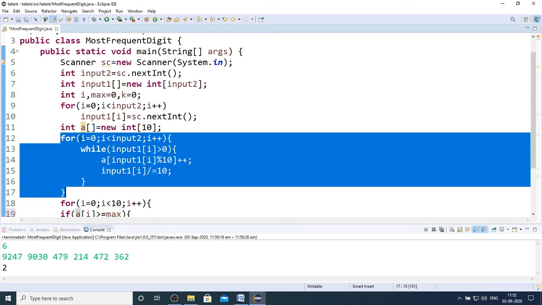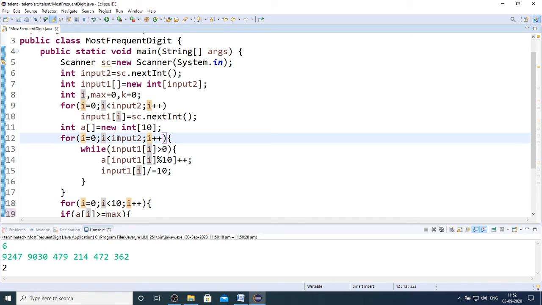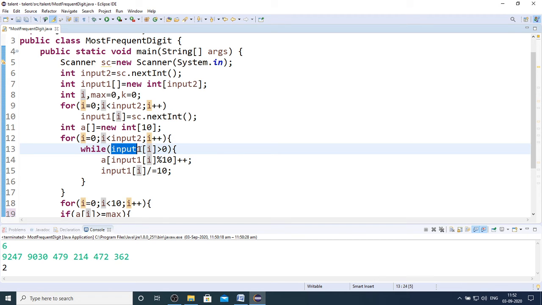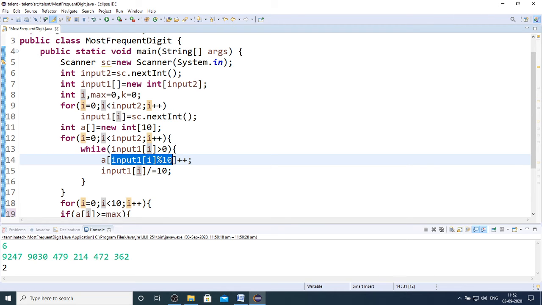So here I am running this for loop for input 2 times, where input 2 represents the size of the array, and then on each and every number I am getting the digit by digit, and that digit's frequency I am storing in an array.